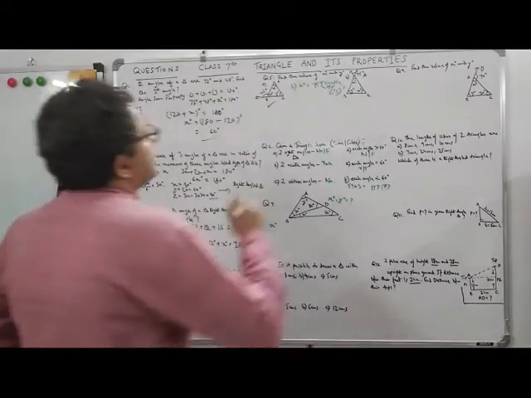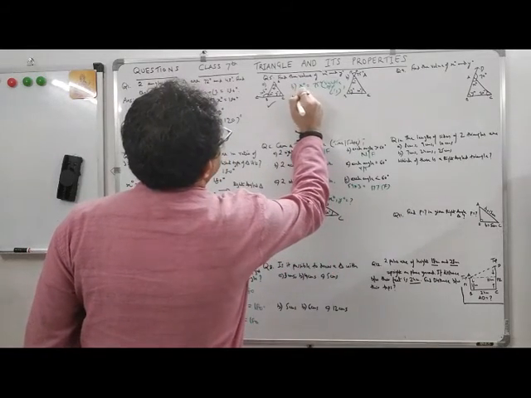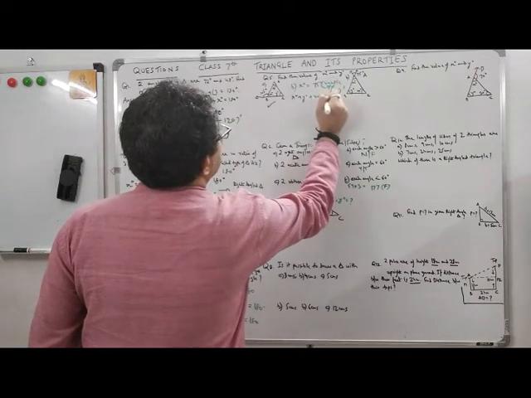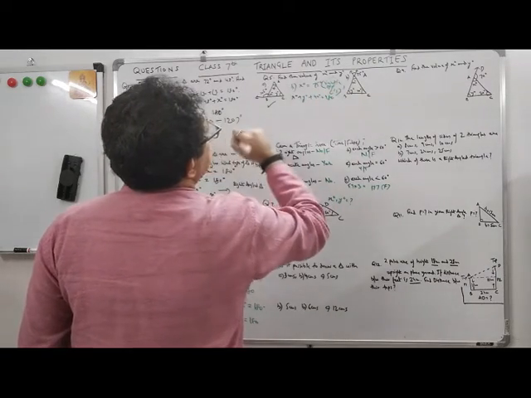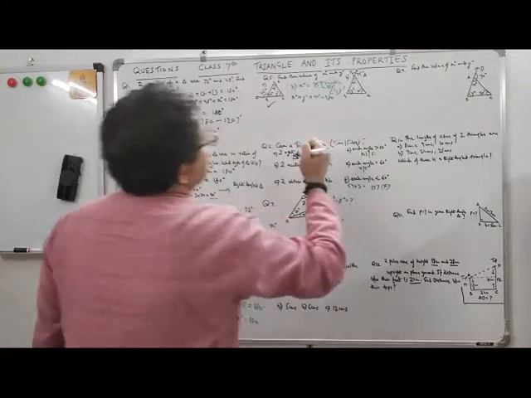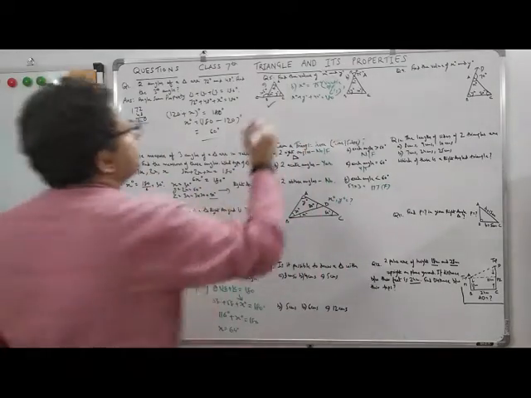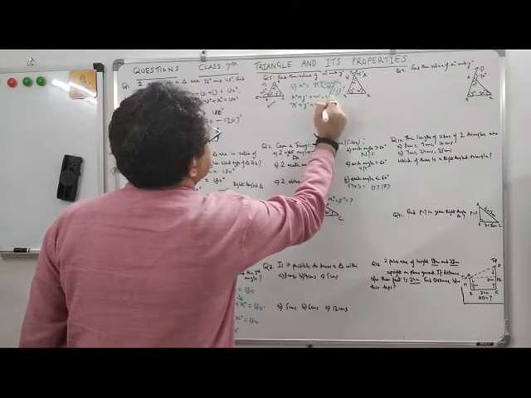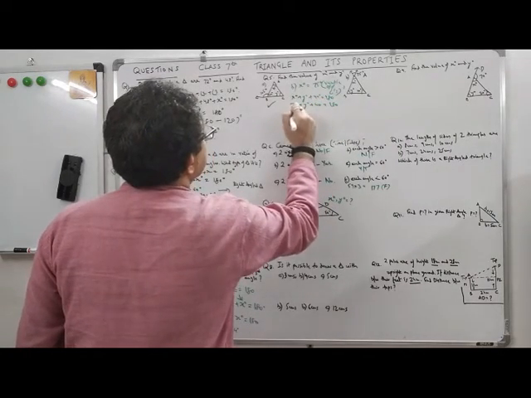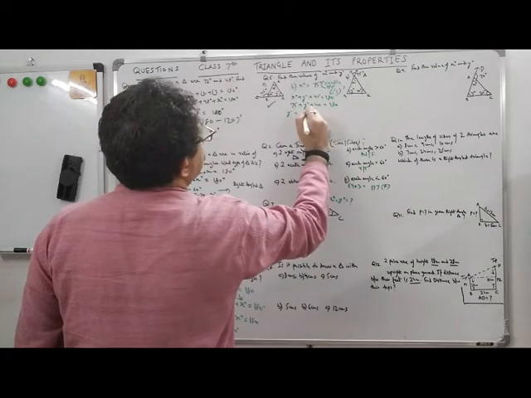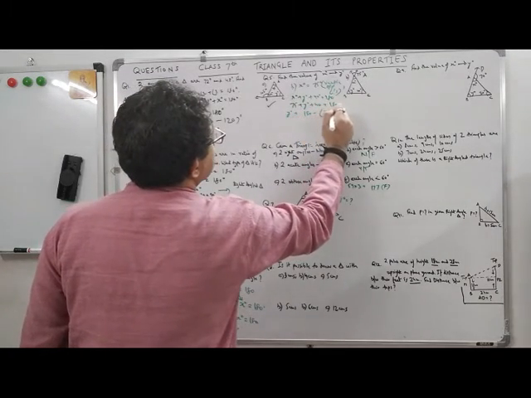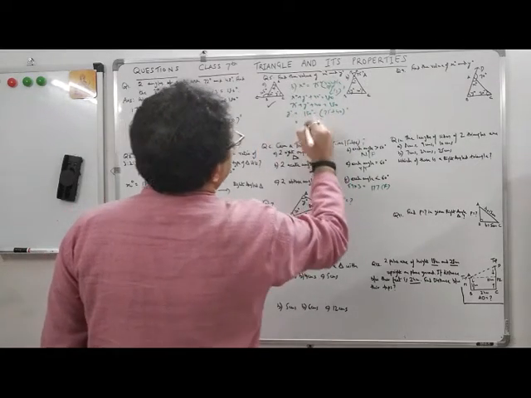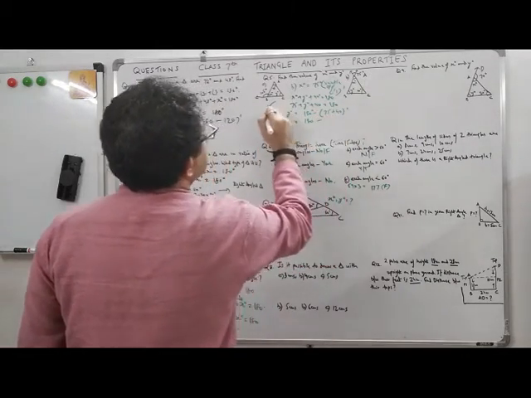So other will be angle sum property again. So X degree plus Y degree plus 40 degree is equal to 180. Now what happens? X degree is how much, students? 75 plus Y degree plus 40 is equal to 180. So Y degree is how much then? 180 minus 75 plus 40 degree. So this will be 180 minus how much is 75 and 40.